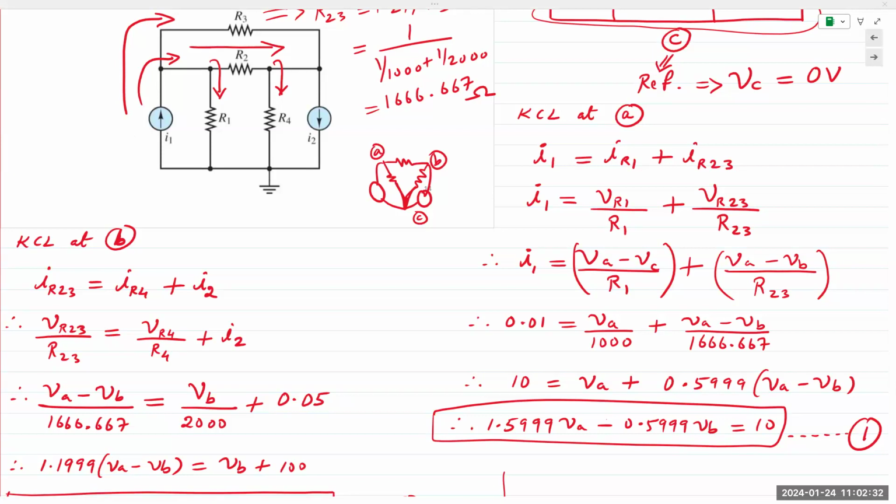Professor, yes. For your second equation calculation where you converted from